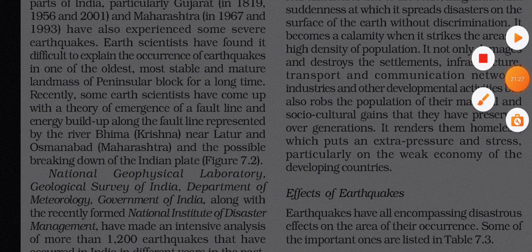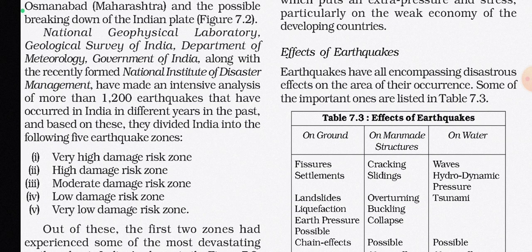National Geophysical Laboratory, Geological Survey of India, Department of Meteorology, Government of India, along with the recently formed National Institute of Disaster Management, have made an intensive analysis of more than 1,200 earthquakes that have occurred in India in different years in the past. And based on this, they divided India into the following 5 earthquake zones. Very high damage risk zone, high damage risk zone, moderate damage risk zone, low damage risk zone, very low damage risk zone. अच्छा, तो ये सारे जोन्स में हमारा डिवाइड किया गया है।